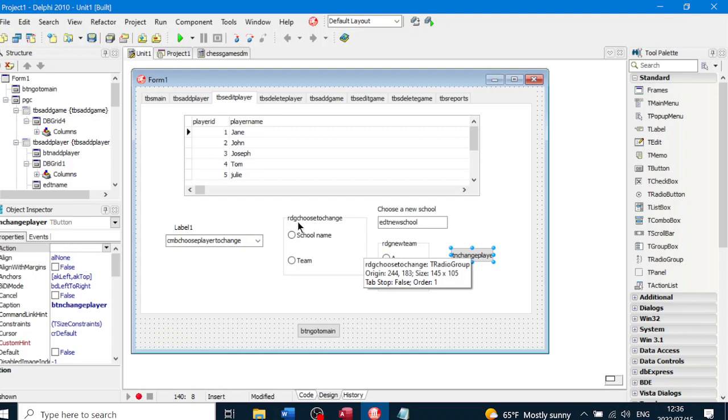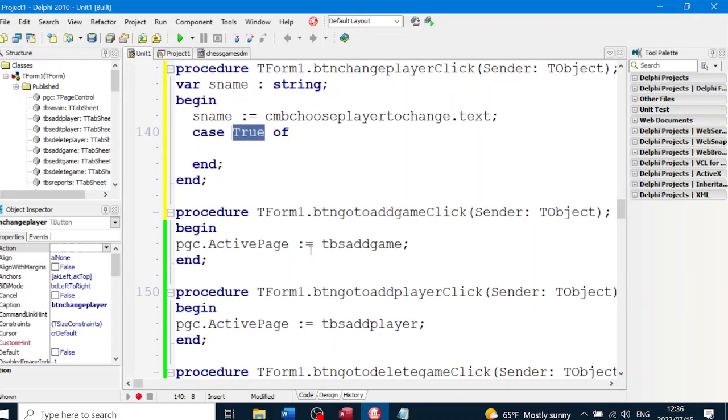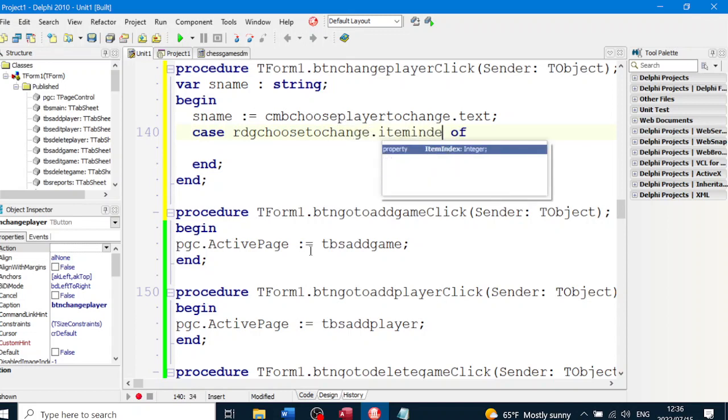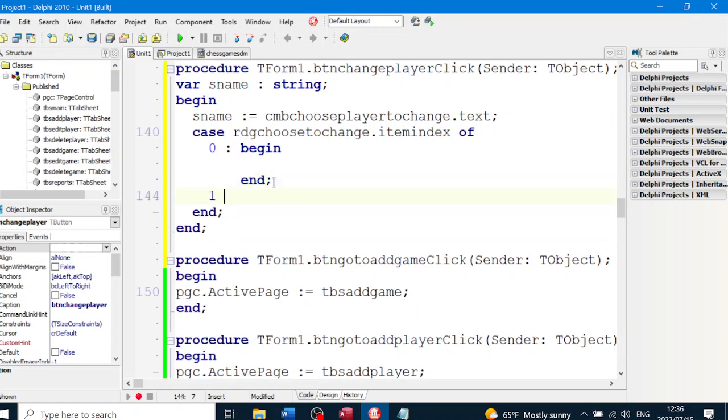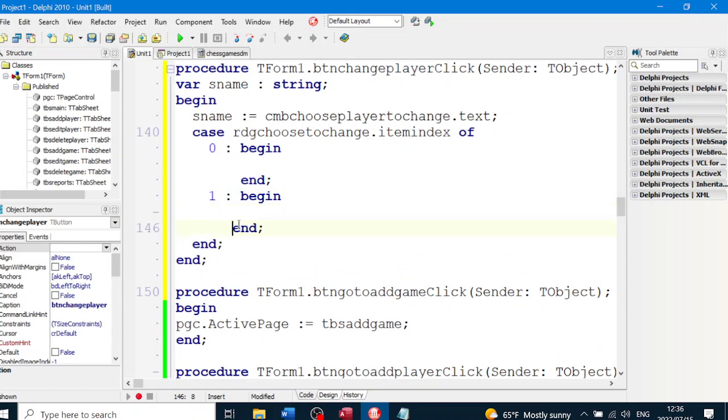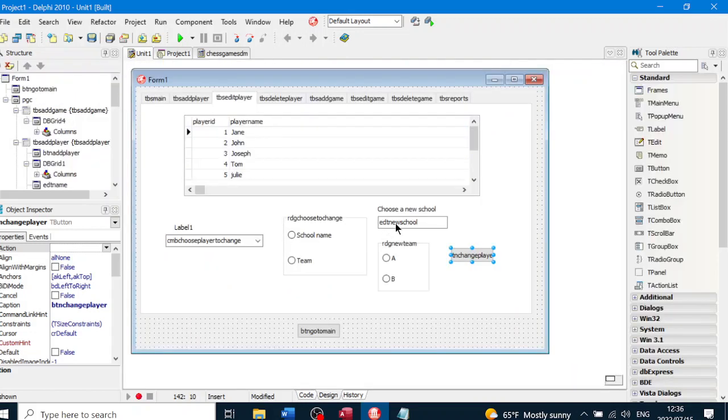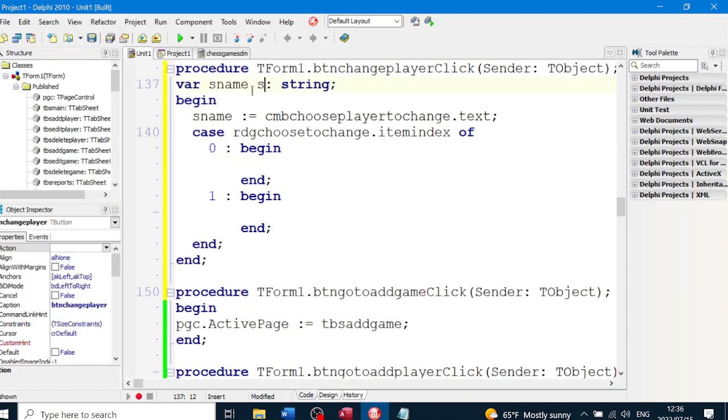So we still have to go back and read what radio group box they actually chose, which option they chose. RDG choose to change. Case RDG choose to change dot item index of naught, and we will do begin and end. There's going to be a lot of stuff we're going to do, and then one begin and end. Okay, so if it's naught, we're going to read the name from the school. So SCH, and just use